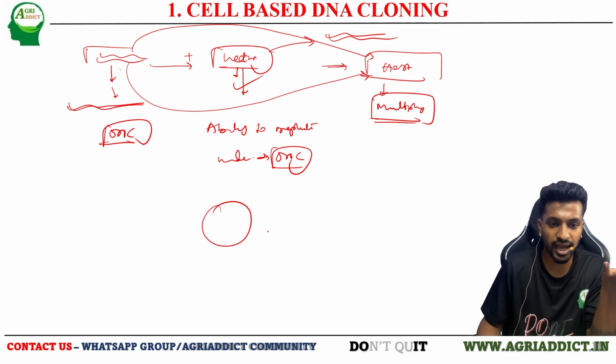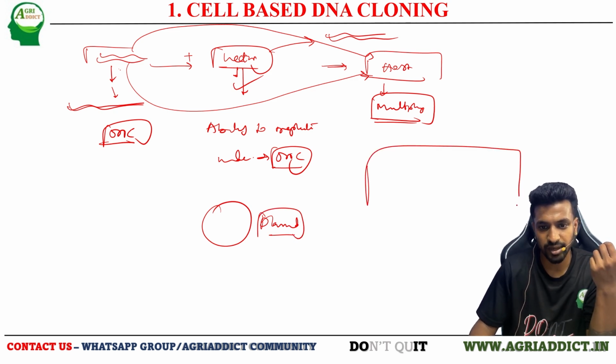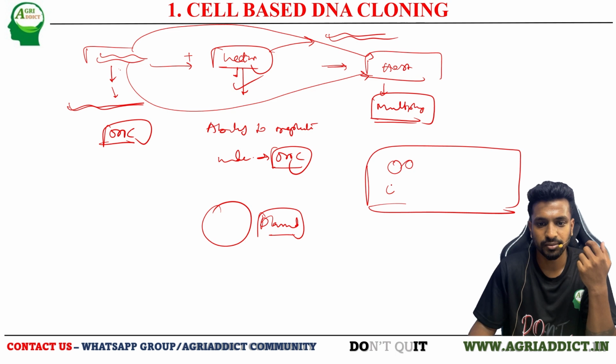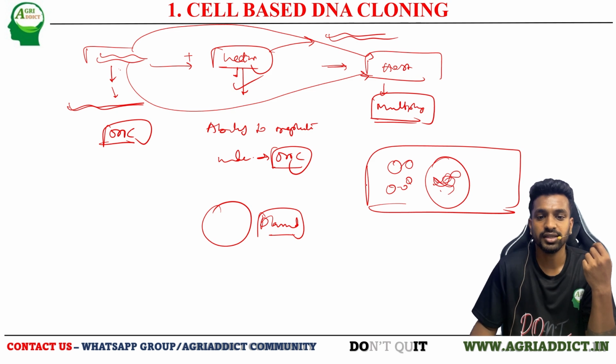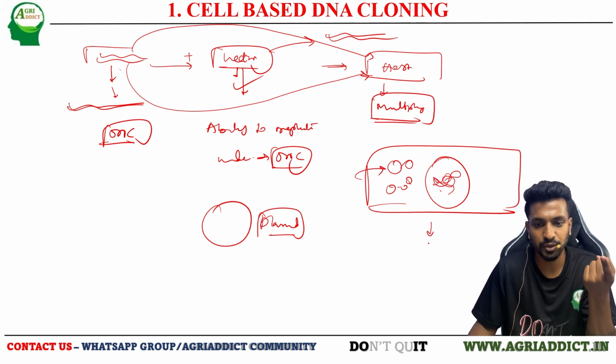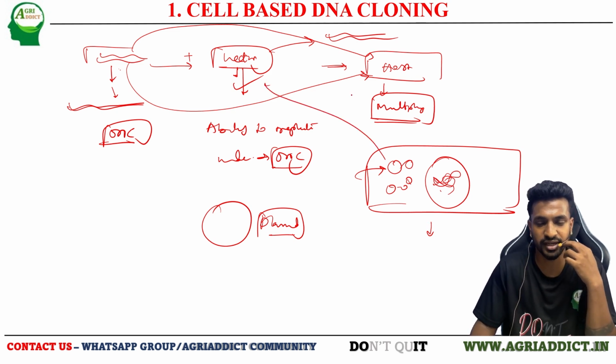They are plasmids. The circular genomes which are called plasmids, which are present in multiple copies in prokaryotic cells like E. coli. So multiple copies of these plasmids are present along with the nucleoid in which the nuclear genome is present. This plasmid has an inherent ability to independently replicate over the generations in case of E. coli. So this particular plasmid can be exploited and used as a vector,